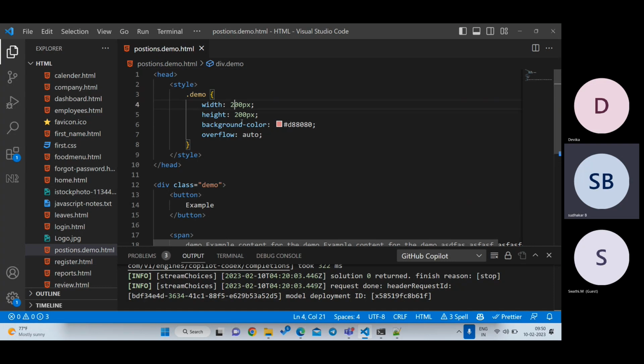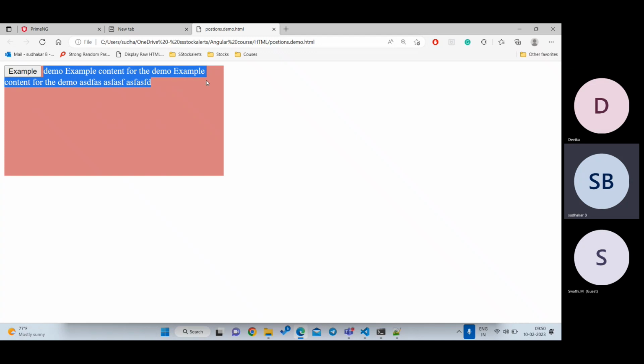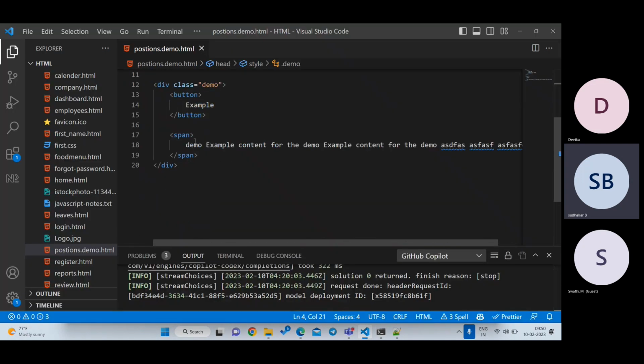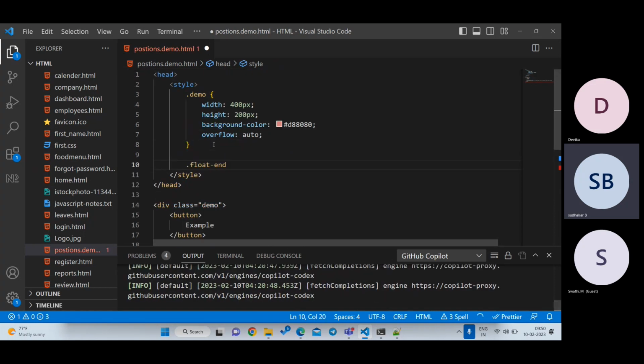I'll give height equal to 200 pixels, width equal to 400 pixels, something like this. Now this button is there, this is there. Now what I want to do is move this content to the right side, and place this button on the left side. So what you can do is write a style class equal to float, something like this. This is my CSS class,